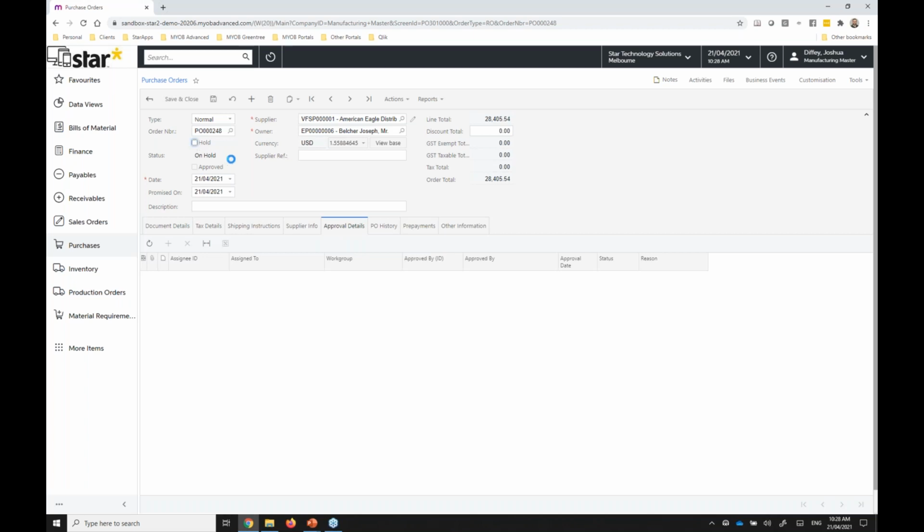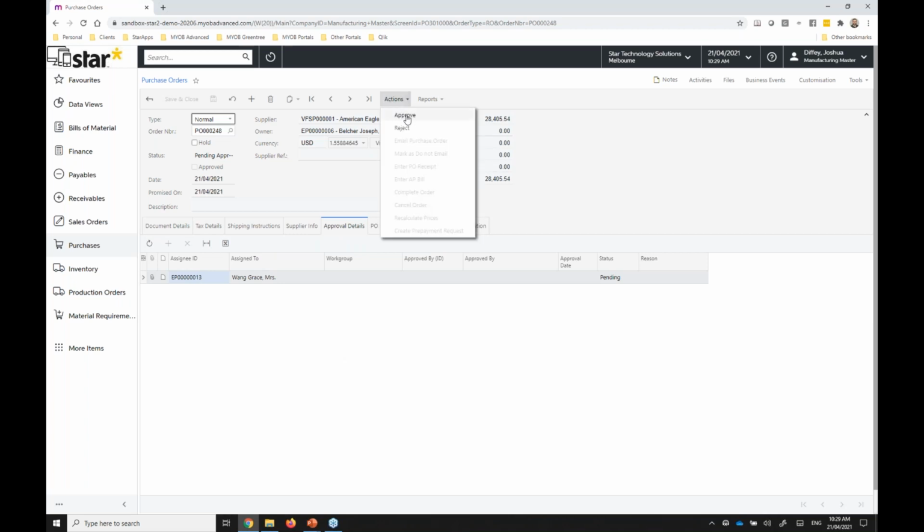So I'm going to go ahead and take this one off hold. And you'll notice that that's gone to pending approval. So that has required Grace to approve this purchase order. Now, depending on your access, I will come in and approve that. Actually, what we might do for this particular example is